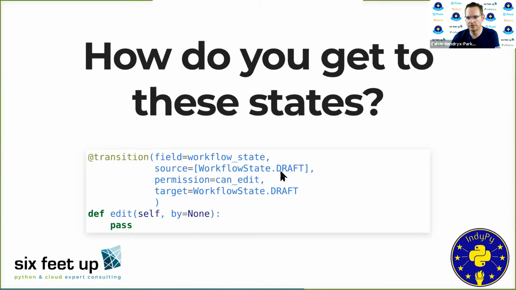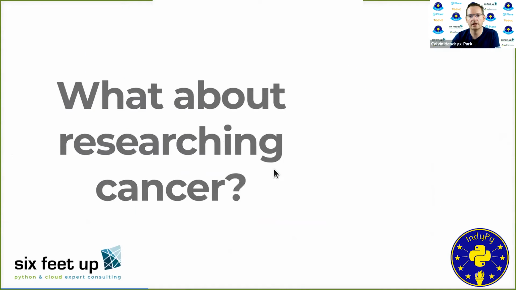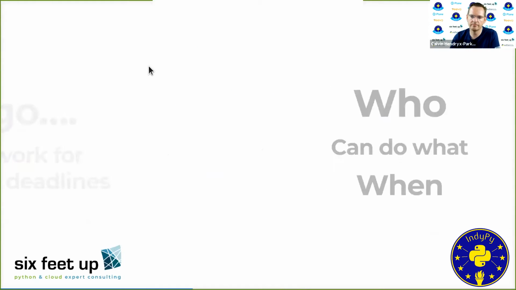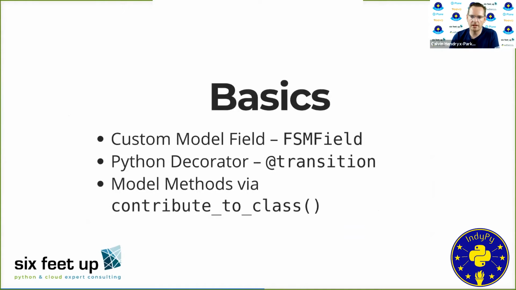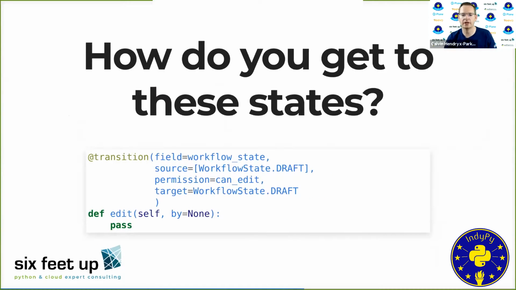And you'll notice this one is draft and draft. So I think if we went backward to the diagram here, here we go. You'll notice that we're describing this top figure right up here, the edit save. That is exactly what's happening. We're going from the draft state to the draft state. And you may be like, well, why? I don't understand why we would even do that. It doesn't make sense why I would have this transition that does nothing other than pass and takes me right back into the same state I was in.